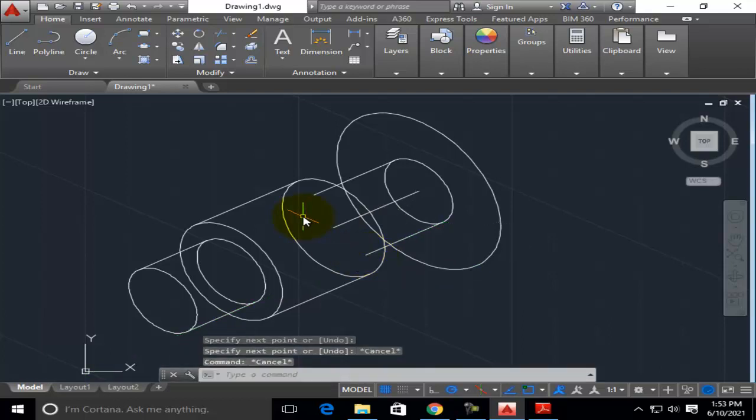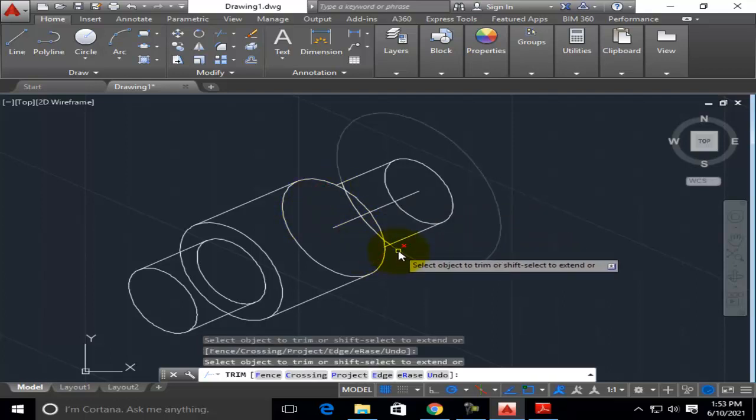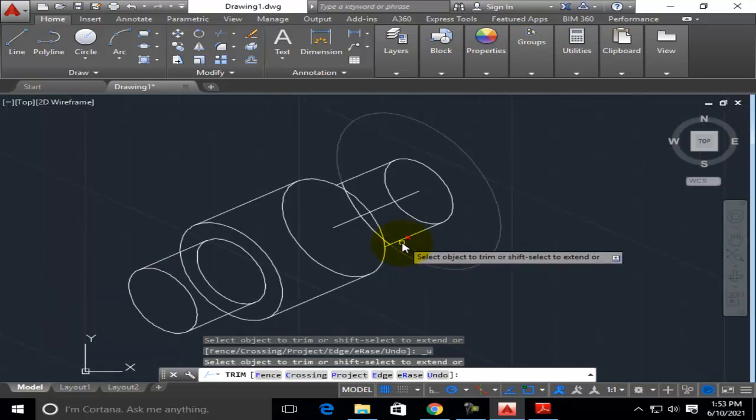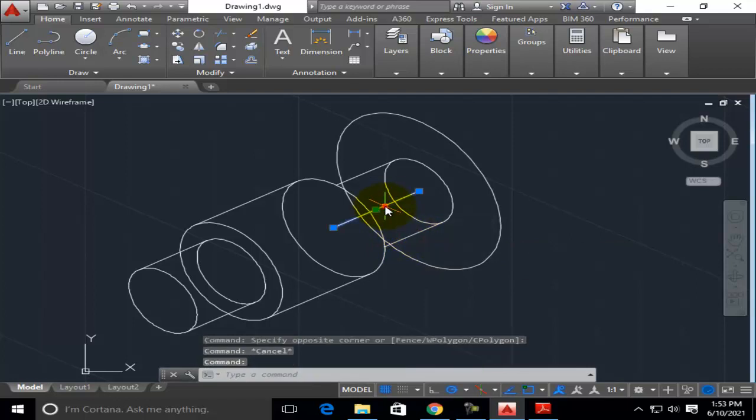Now we can trim the excess unwanted lines. So type TR enter and press enter to select everything. Now we can trim the unwanted lines here. Sorry, I am undoing it. This line is okay. Now this line is not needed. I can delete it.